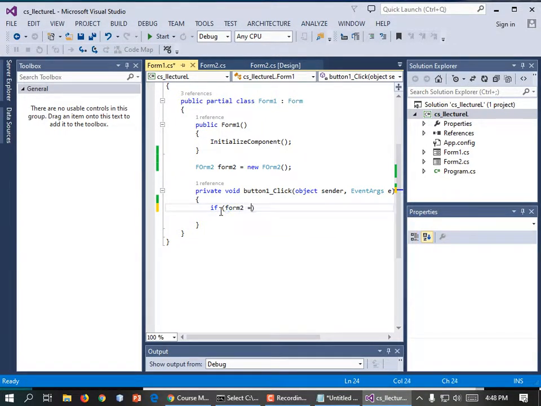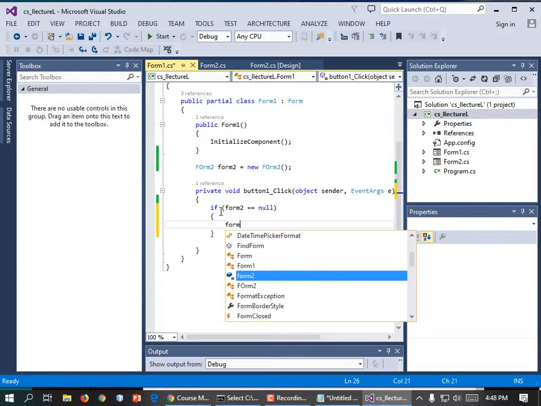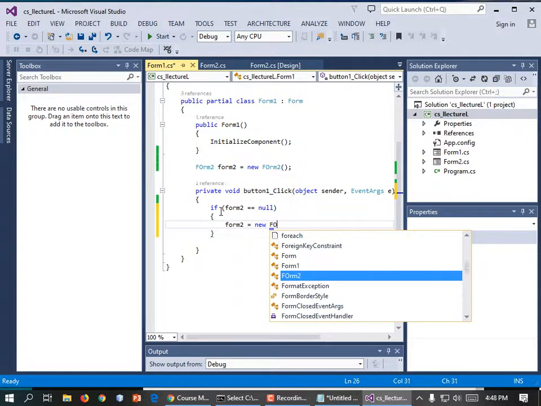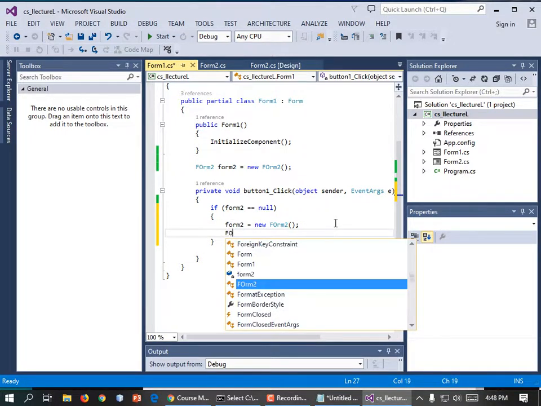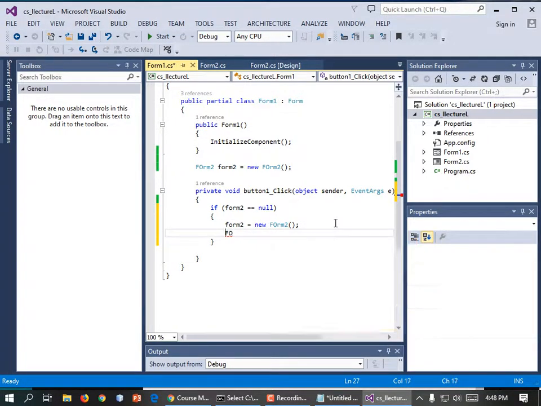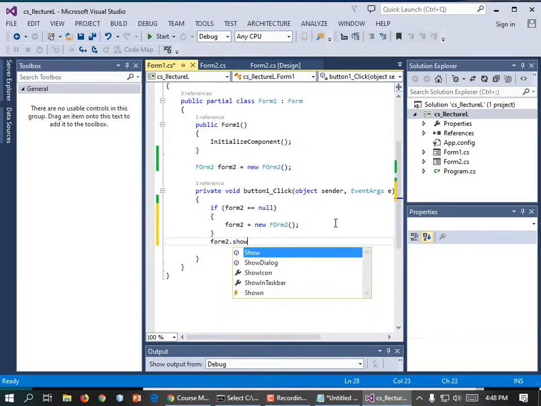If form2 equals null, that might mean that that form is gone. And so I might want to launch it. I might want to make a new one. form2 equals new Form2(); And mine has an uppercase O there. Yours probably doesn't, so don't duplicate my typing. Do whatever you need to do. It starts helping you type it right, so you'll be able to get it right. And then once it is created, we need to show it. form2.ShowDialog();